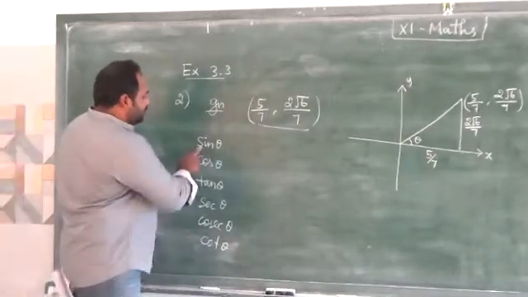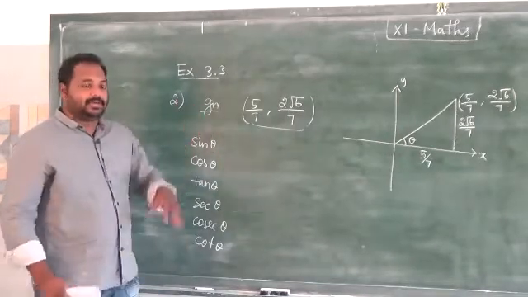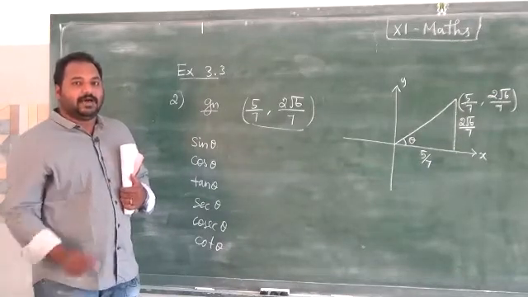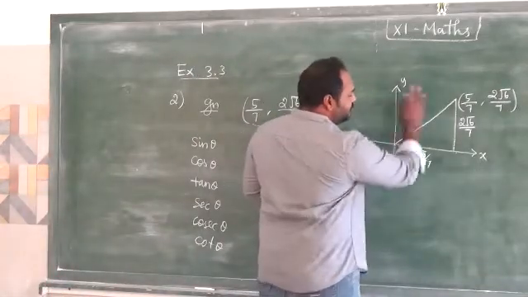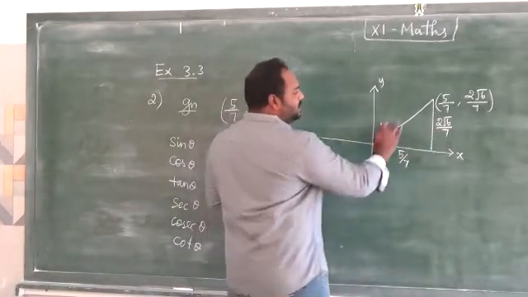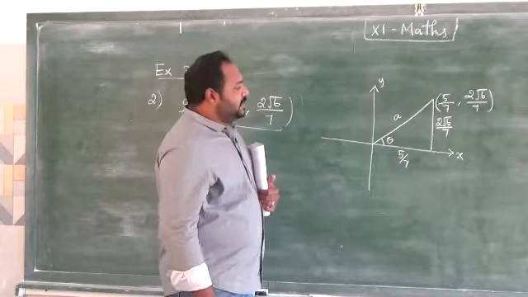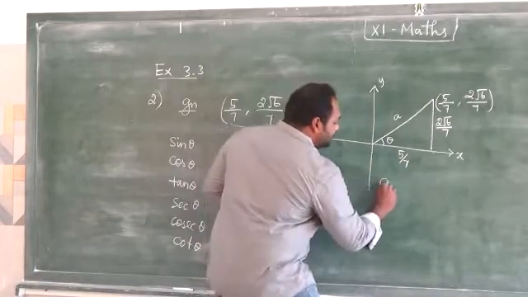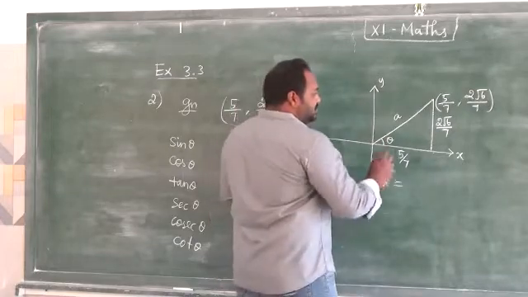Now, how to find out sin theta? We know that sin theta is opposite by hypotenuse. If you have a right angle triangle, easily we can find opposite and hypotenuse values. Here, using the given conditions, we have found the opposite side and adjacent side. I don't know the hypotenuse, so here I am going to find the hypotenuse value. Let me take it as A. How to find the hypotenuse value? By using Pythagoras theorem, a well known theorem. Already we know how to find the value of A using Pythagoras theorem.